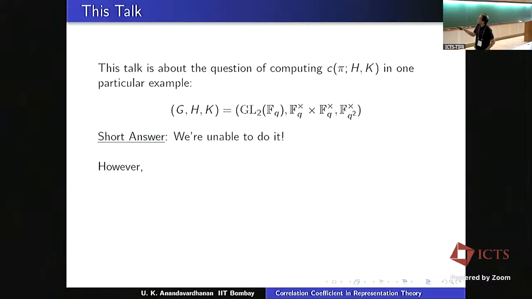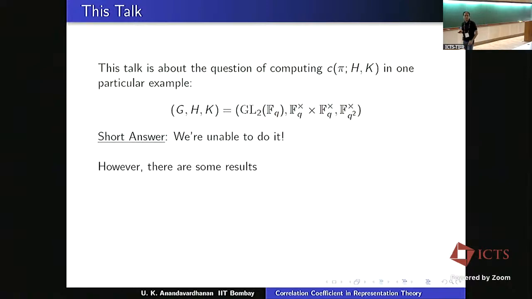So we will consider the problem for all the pi's that admit fixed vectors for this and this. So it's a finite group. There are finitely many representations, and admitting fixed vectors for either this or this, and in particular for both, will basically amount to the central character being trivial. So all the representations of PGL2(F_q) with the exception of two, which I will list and get into. Okay, so this could not have been my topic if that was the only answer that I could give. So however,